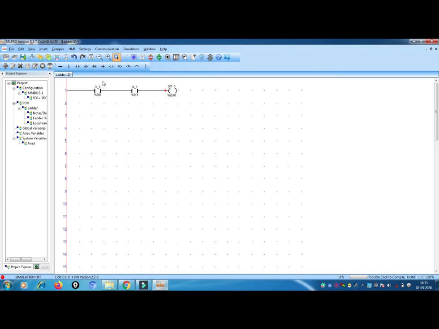Okay, so the condition of the AND gate you already know. What is the condition? In 0 0 condition it is 0 only, in 0 1 condition it is 0, and in 1 0 condition it is 0 only. When it becomes 1 1 it is 1. Okay, meaning the output is 1, it is enabled.